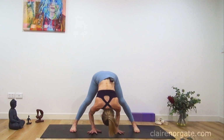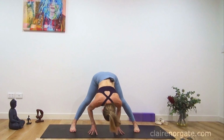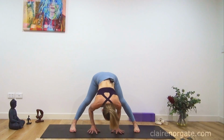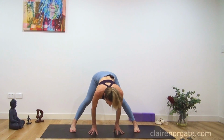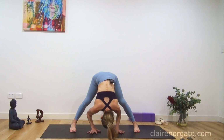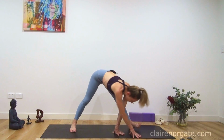Either stay here, relaxing into the breath, or possibly keep the movement and the breath happening so you find the flow. You inhale, pull yourself forward. Exhale, gently press yourself back. Inhale, pull yourself forward. Exhale, gently press yourself back. Do that one more time with the breath in. Wherever you are, spin back around to the front of the